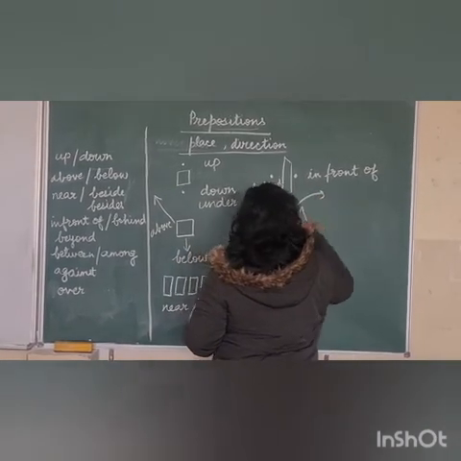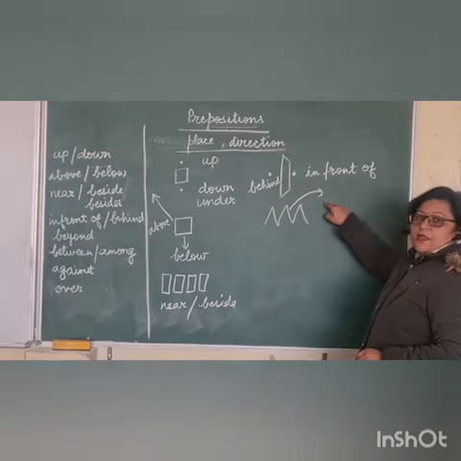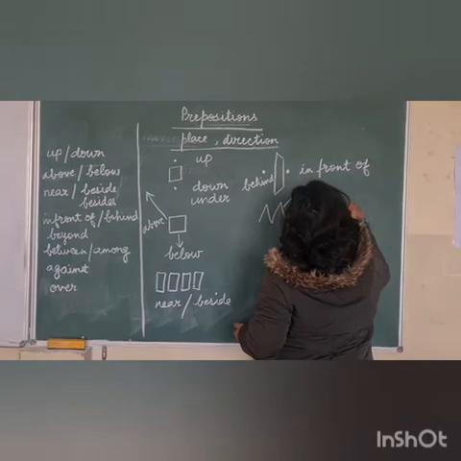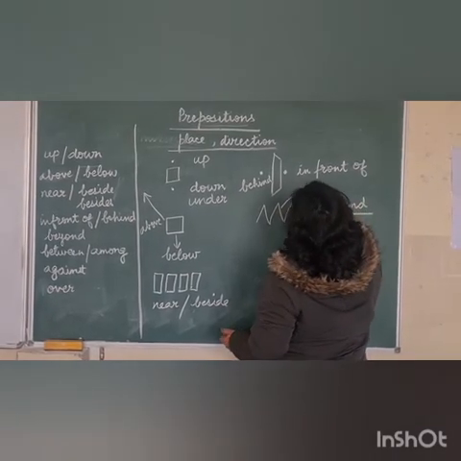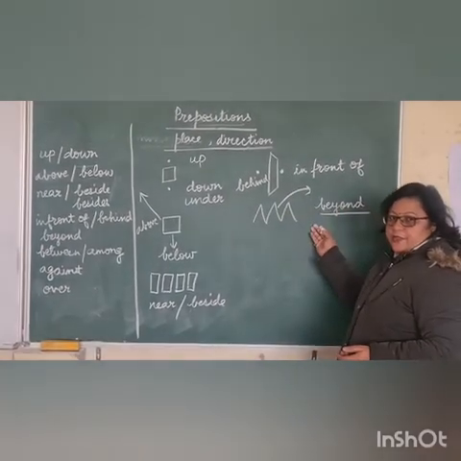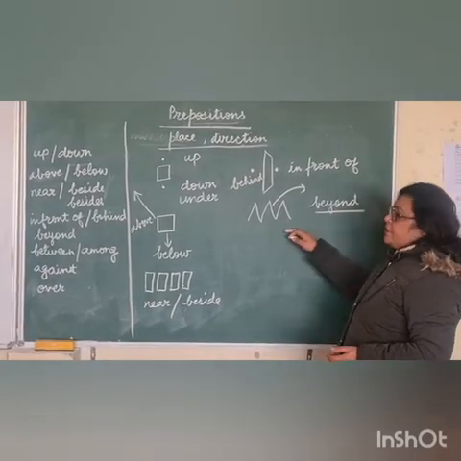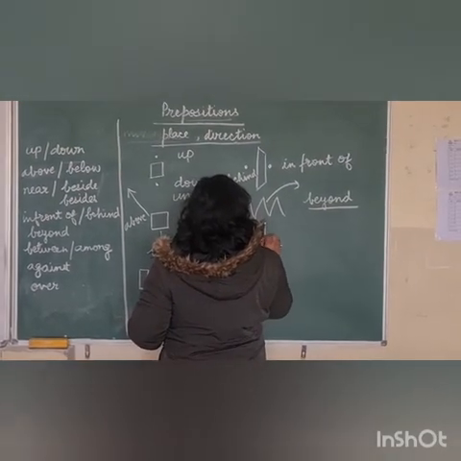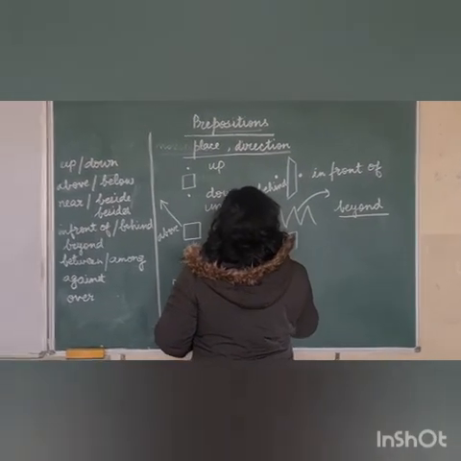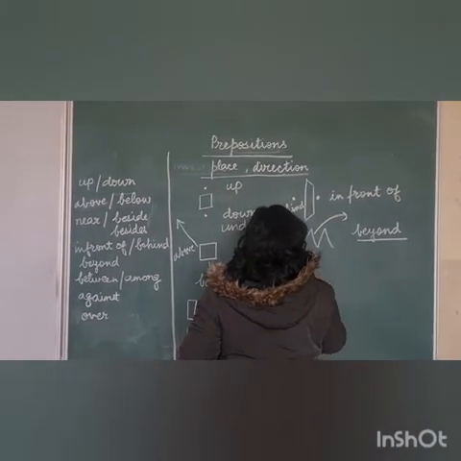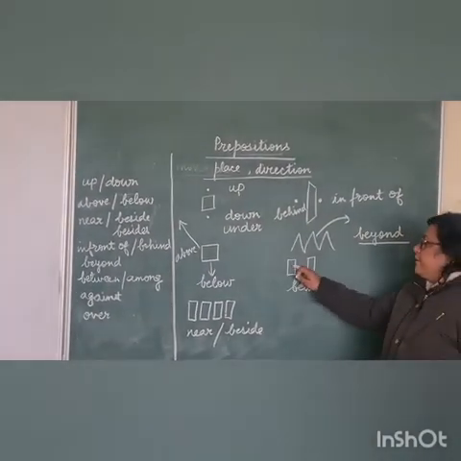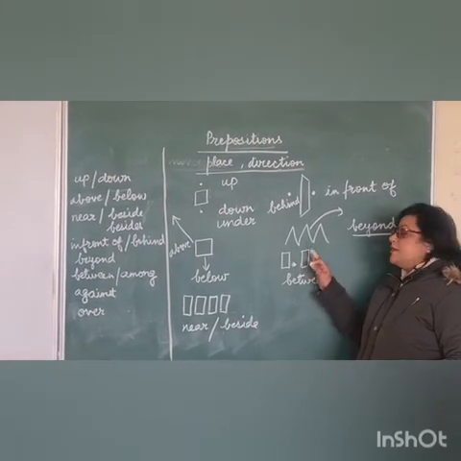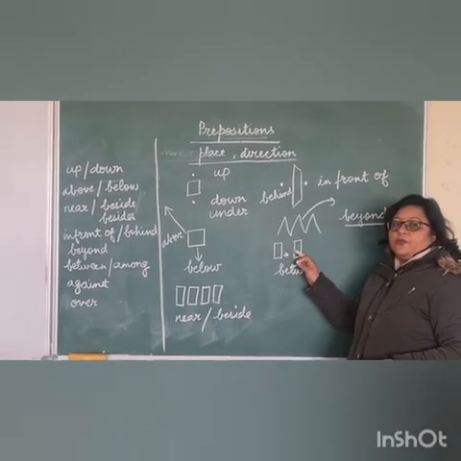If something is placed very far, that is, it is far from our reach, then we can say beyond. There is a village beyond the mountains. If two things are there and in between there is another thing, we use between. There is a table between two chairs. There is a park between two buildings. There is a street between two buildings.